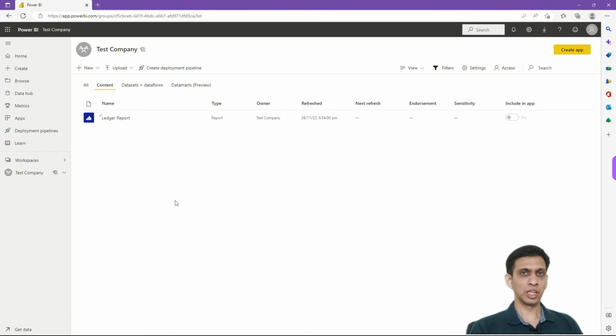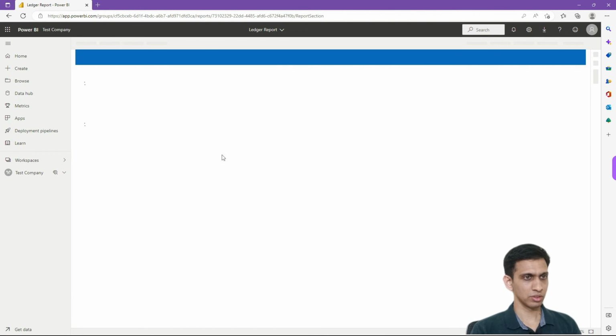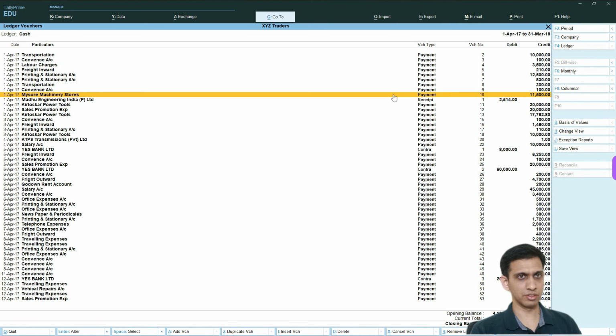Okay. Now let's attempt to change data in Tally and check if this effect automatically travels to this Datamart or not. So this would not be happening on a real-time basis. So you'll have to schedule it. Let me open this ledger report, and the filter is applied for cash ledger. Okay. Mysore Machinery 11,500. Now if I go to this,